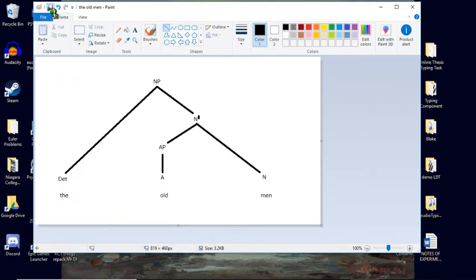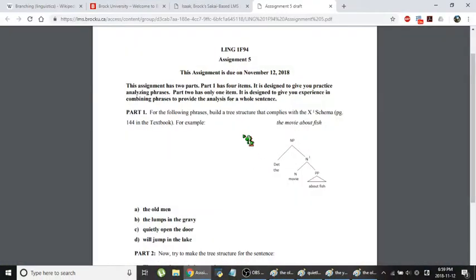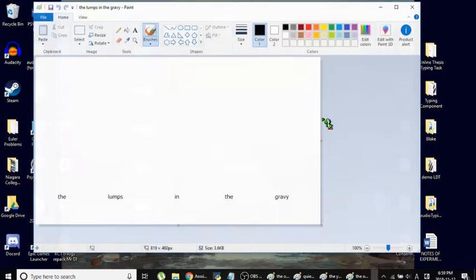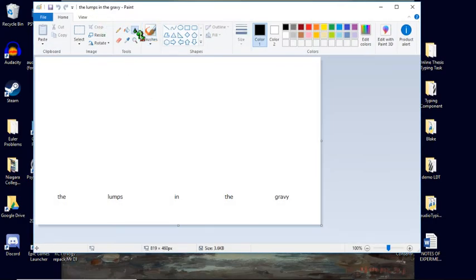That's the old man. Let's save that. So I think maybe I'll use these and create a Word document with all the answers in it later. All right, let's go on to the next one, which is the lumps in the gravy. Got that here. I'm doing that cooking show thing where you act like I haven't prepared all of this already before. All right, okay,